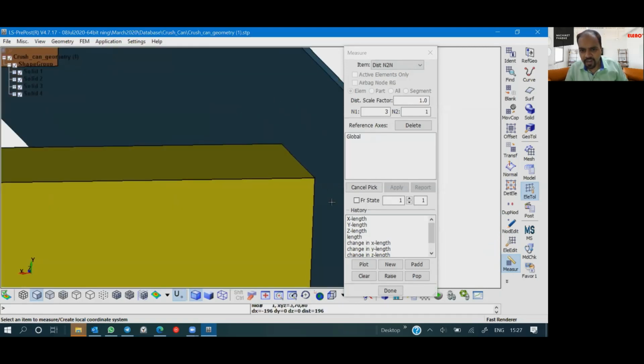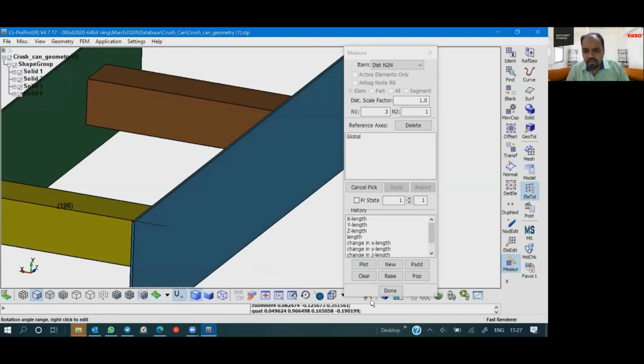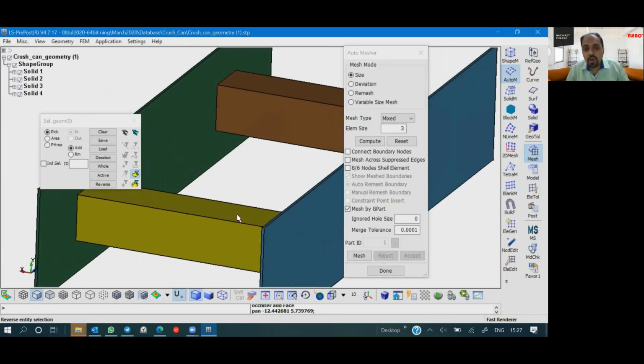Okay, so I cannot directly measure on any of the points. I can only measure on nodes. That's very simple in LS Prepost. So you can generate, and you can see the distance as 196 mm. Fine, and 3 mm will be an okay size. So we saw what is measure, and we are now going to see how we are going to mesh it,